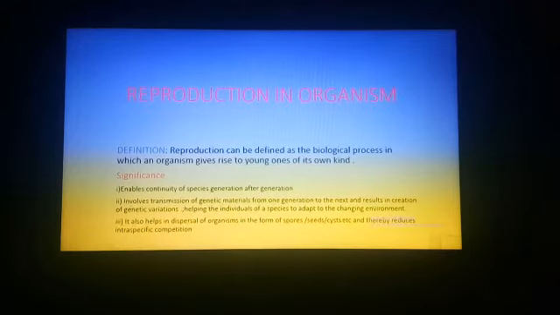What do you mean by reproduction? Reproduction can be defined as a biological process in which an organism gives rise to young ones of its own kind. The young ones can be exactly a copy of the parent, or it can vary depending upon the types of reproduction. A slight variation in the young ones can be a good advantage to the